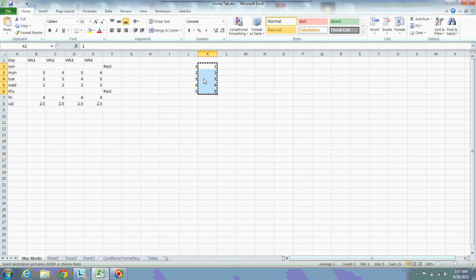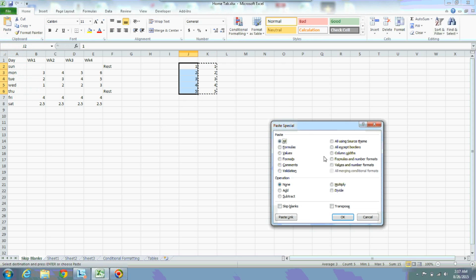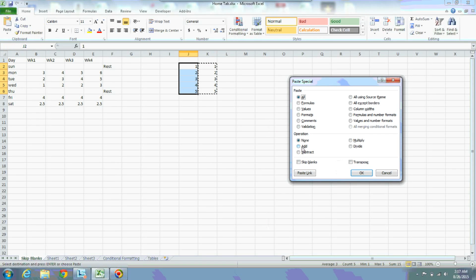I'm copying these values, selecting these values and using paste special, then add. My intention is to add the copied values to the exact matching cell value. Say for example, this is a cell, this is another cell.